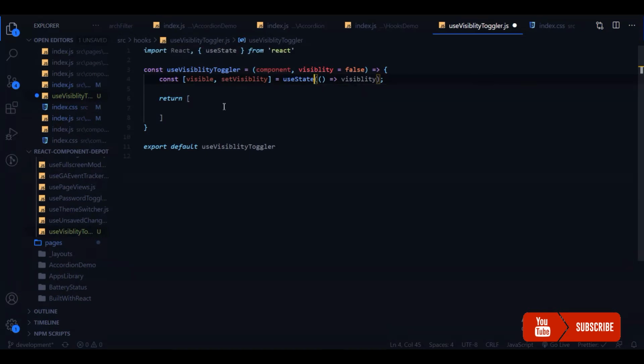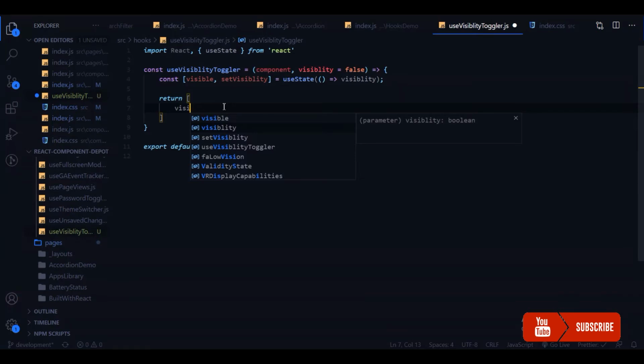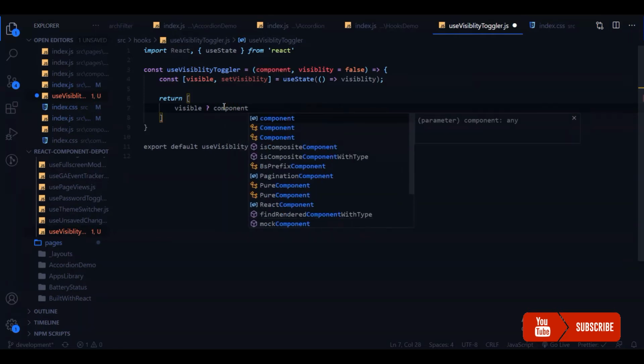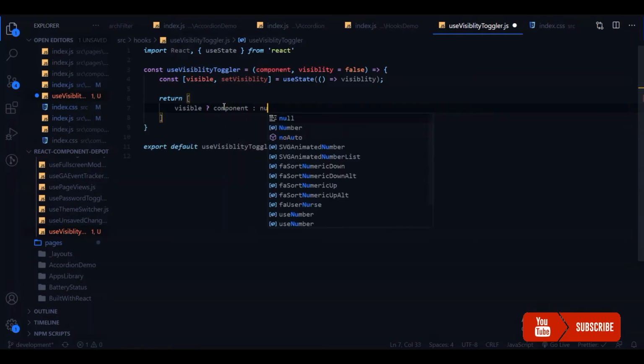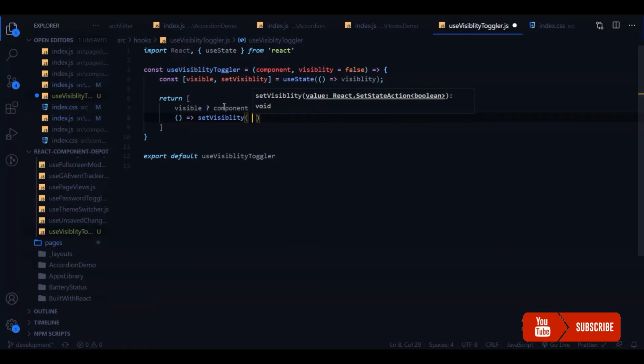Okay, so we are going to return two elements in this array. One is the actual component based on the visibility. If it is visible we will send the component, or else we will send null. And the second item would be a callback function to actually toggle this state. So I call this set visibility, and I'm going to toggle the current state because this is a boolean.